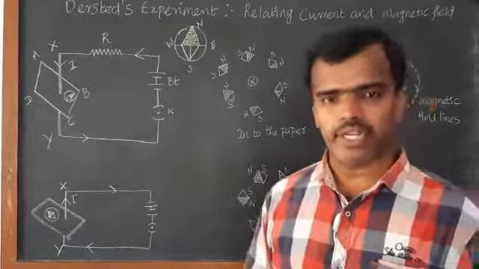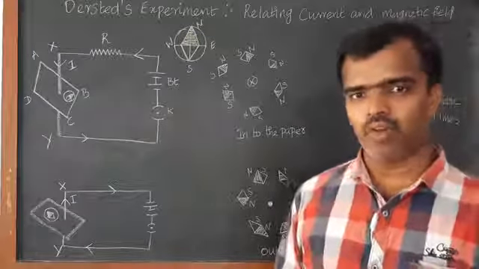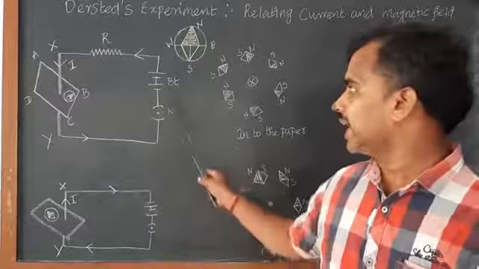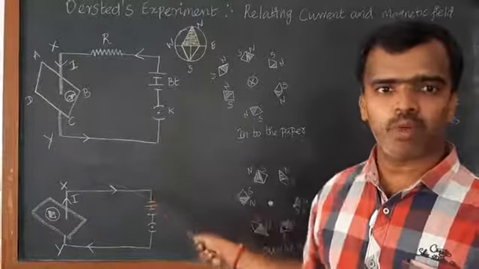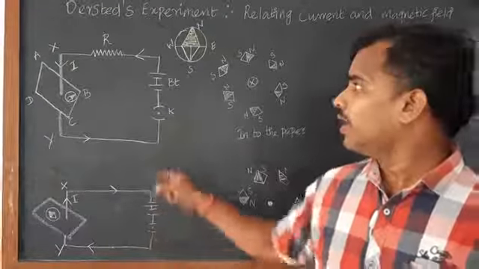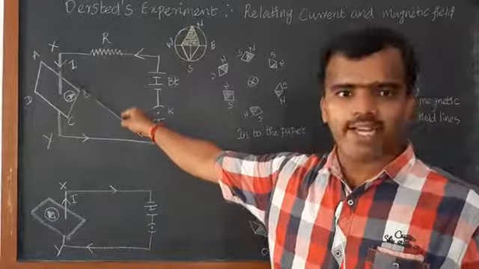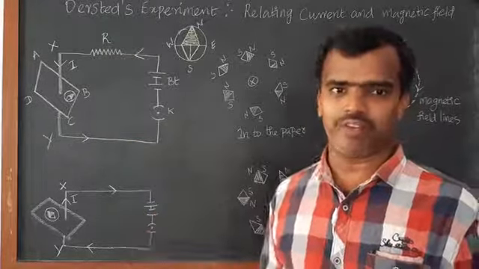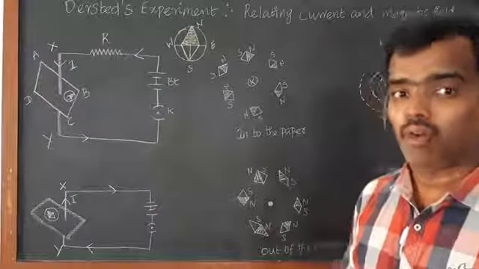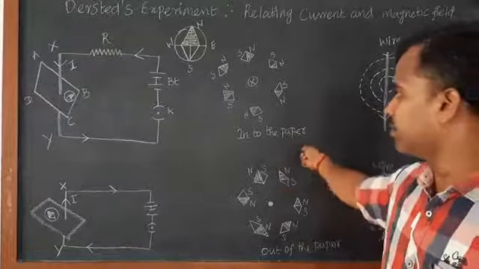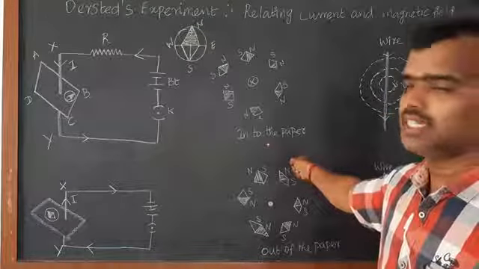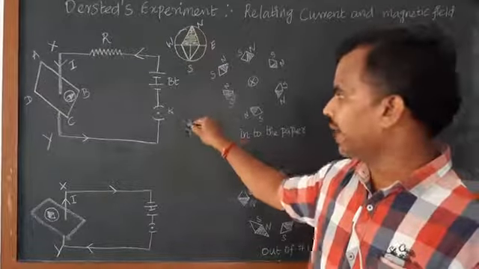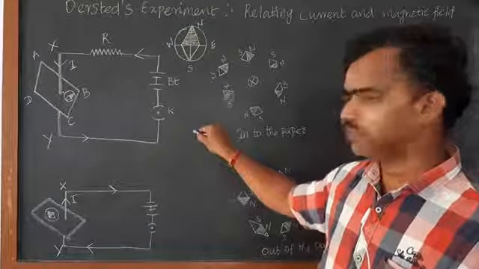As we have studied in the last chapter, the current flow is always from the positive terminal to the negative terminal. Therefore, the current direction is from the positive terminal to the negative terminal. Now, think about how the current is flowing in that paper, into the paper or out of the paper. Of course, it is flowing into the paper, so I note down here, into the paper. The current is passing into the paper, and nearby I have placed one compass needle.